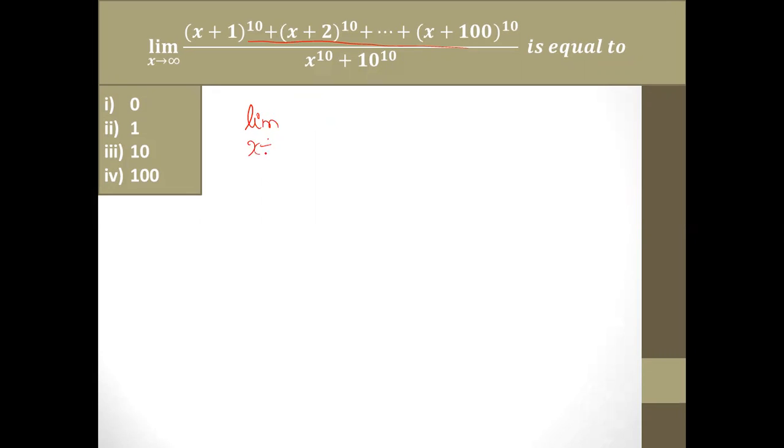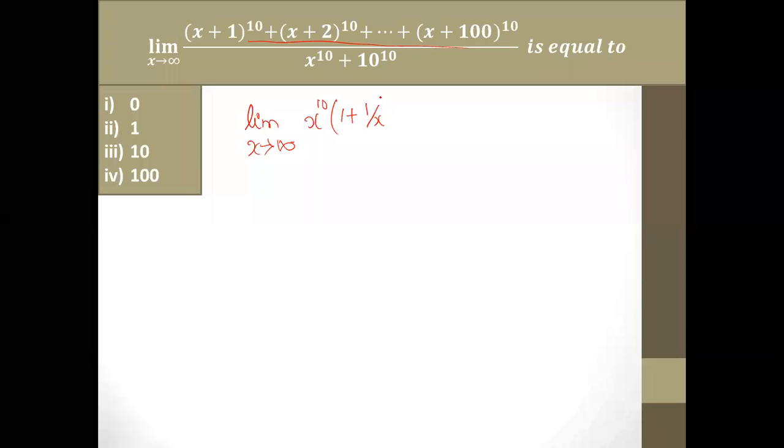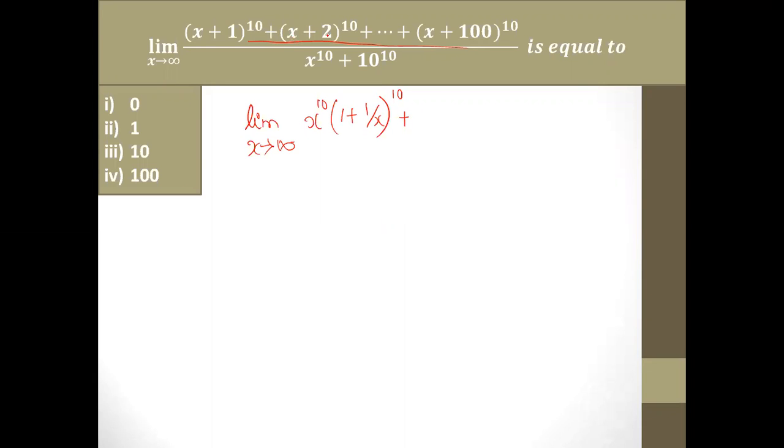So it is limit x tends to infinity. If I take x outside from each term, in each term there is x plus 1 whole power 10. So what will you get as common if you take x outside? It will come out as x to the power 10. So x power 10 into 1 plus 1 by x whole power 10, plus again from the second term taking x outside, x power 10 into 1 plus 2 by x whole to the power 10, and so on till the last term, the 100th term, into 1 plus 100 by x whole